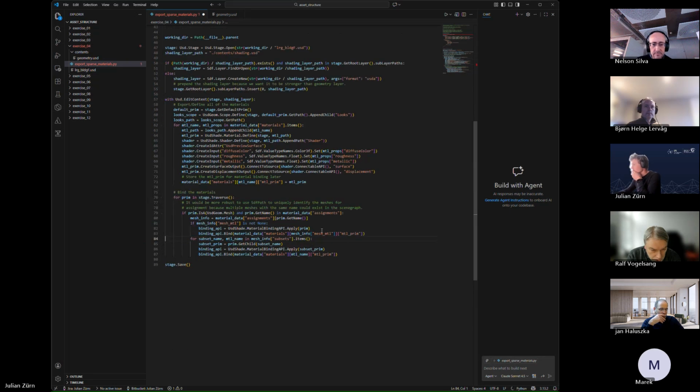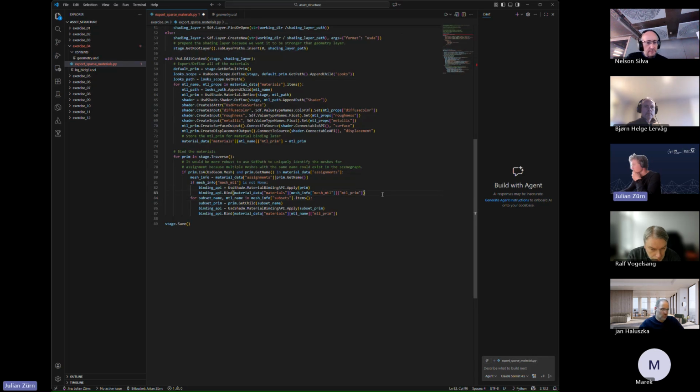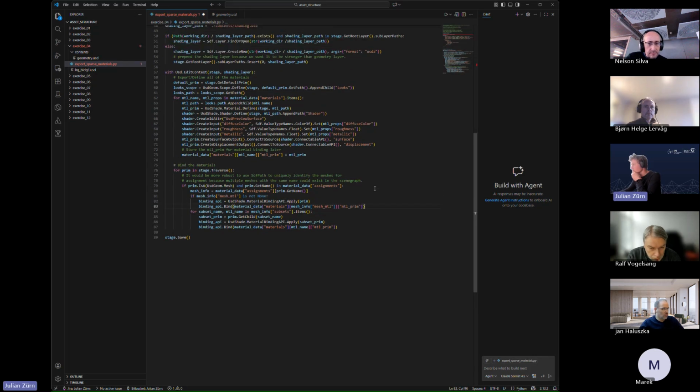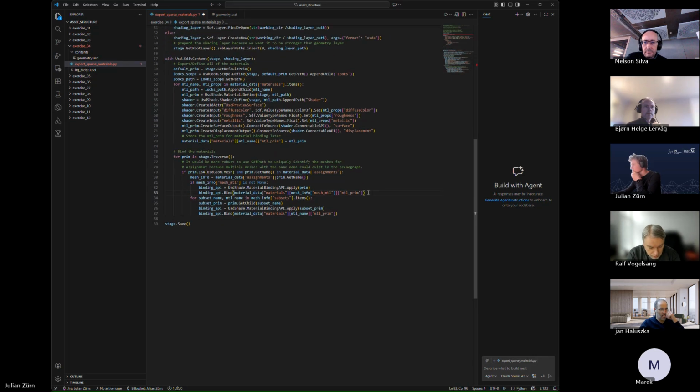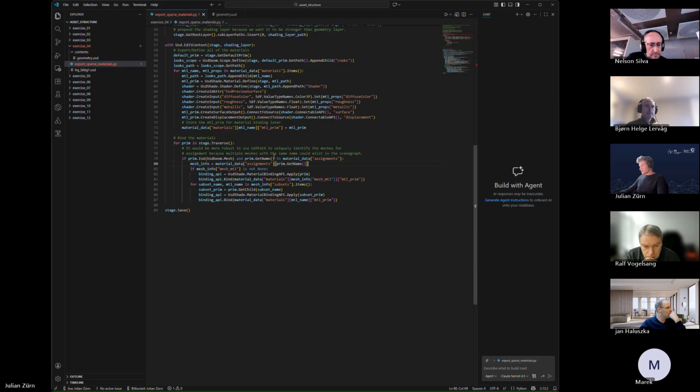So this is basically it. It's just so simple, two lines. We add the material binding API, and we assign the correct material to it. Nice. So what I could do now is find the